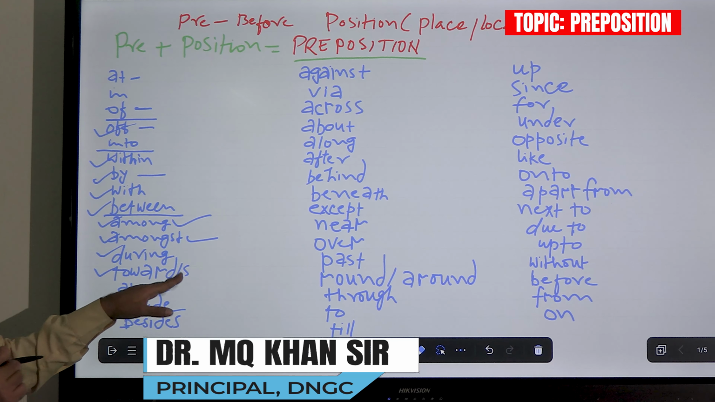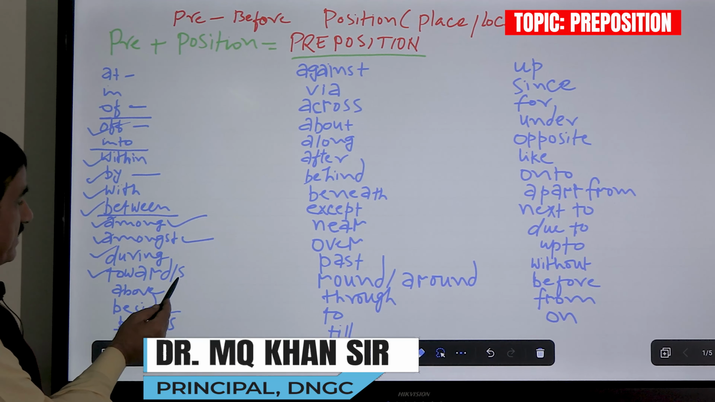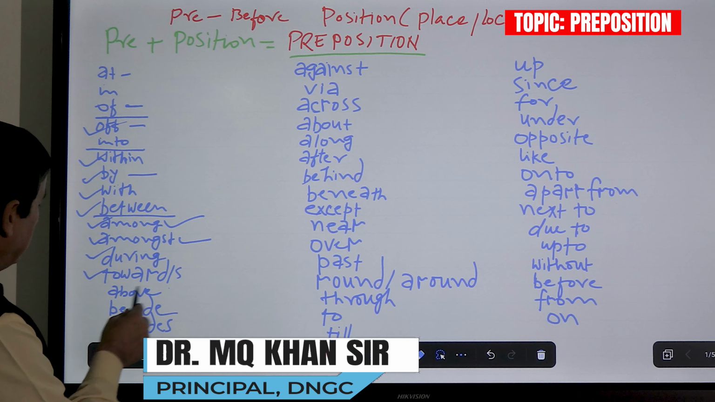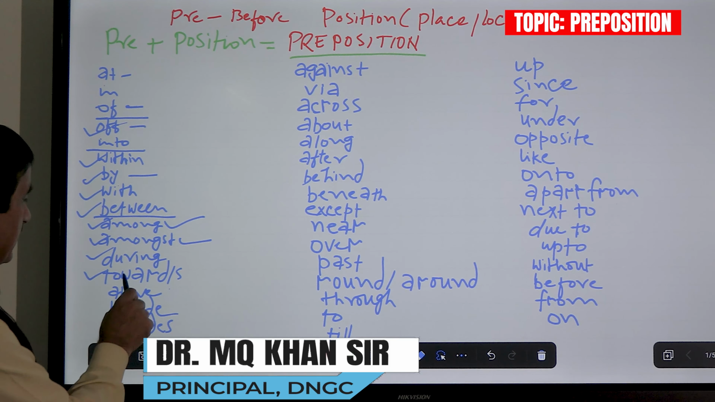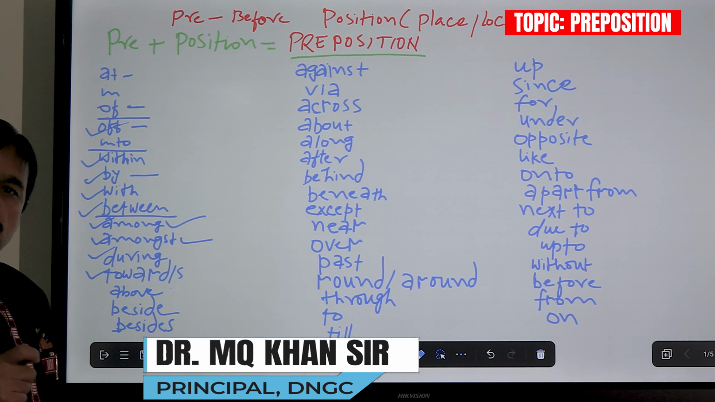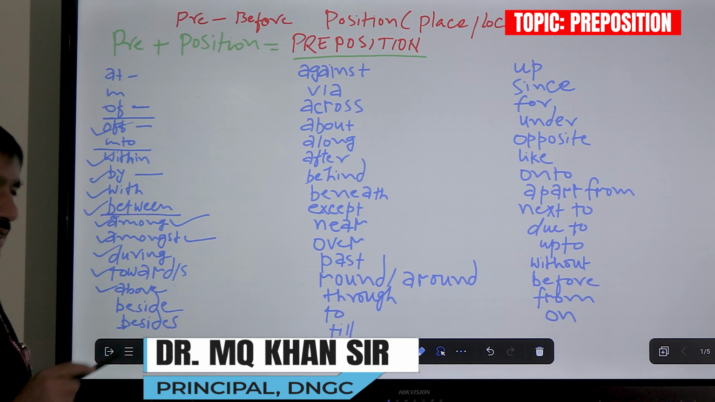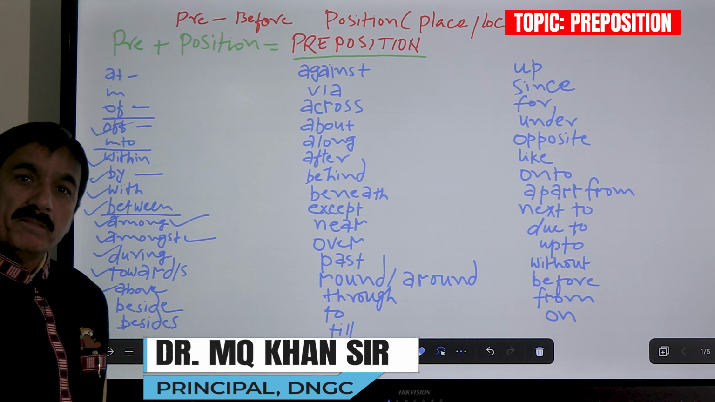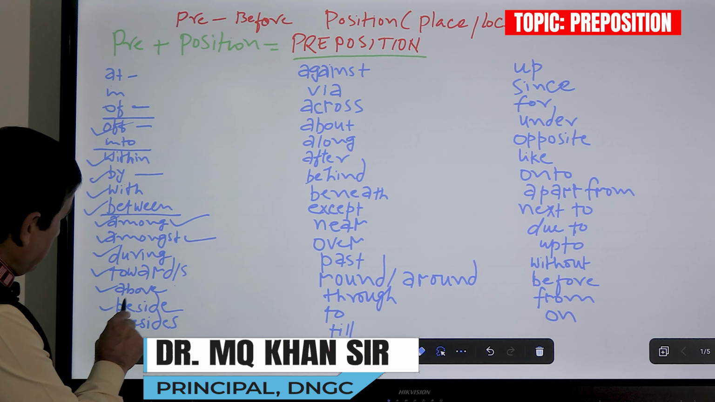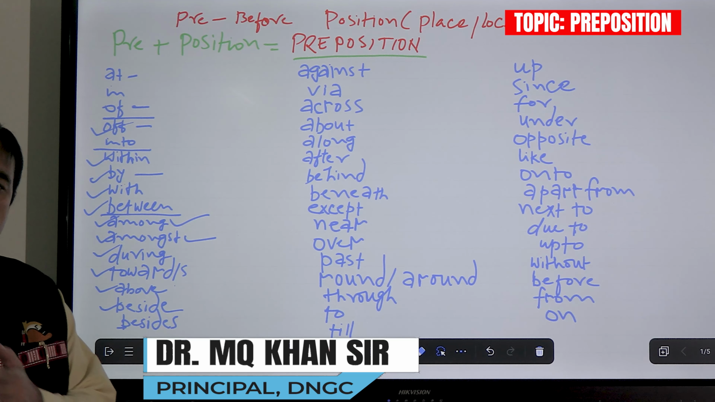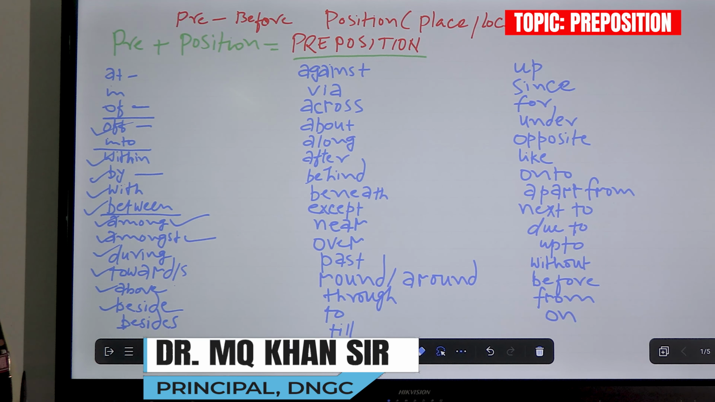Toward or towards, it can be without s. S may be suffixed or s may not be there, but it makes no difference. Like he is truthful towards his word, towards his principle. So that's why we have responsibility towards our state, towards our country. Above: she is above you in merit. Beside means just next to, by the side of, beside. He sat beside